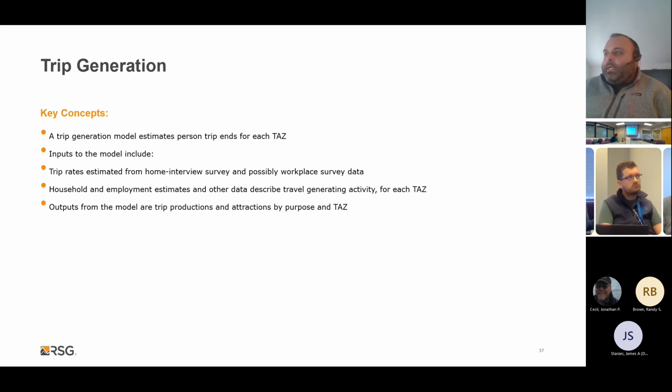Yeah, and so we talk about stratification of trip generation and markets, so just household market stuff, so that could be the purposes. It could be things like the people's income ranges.